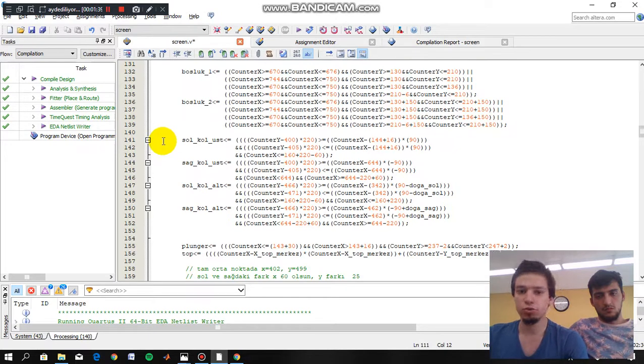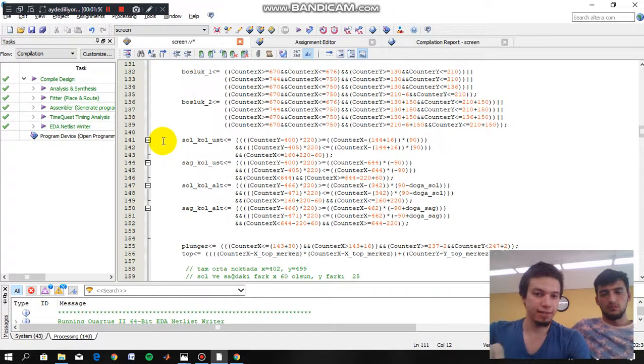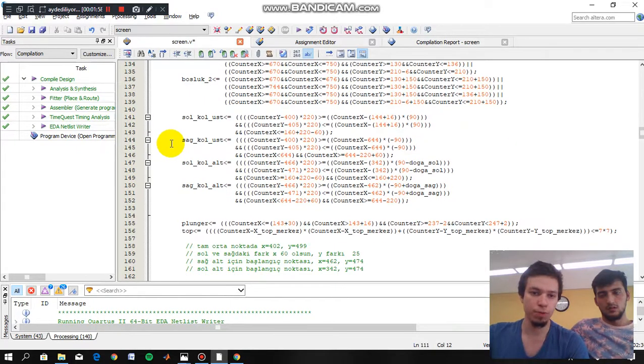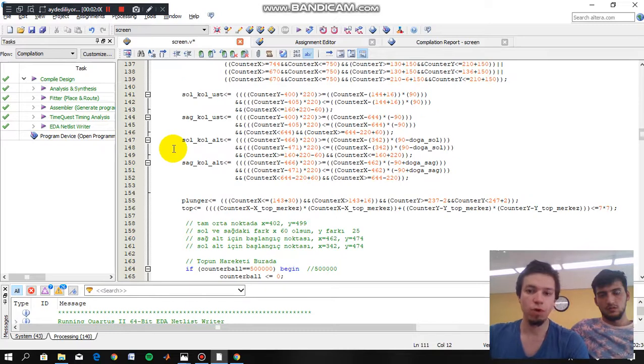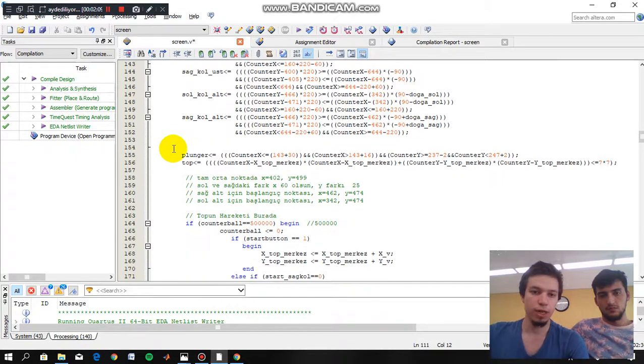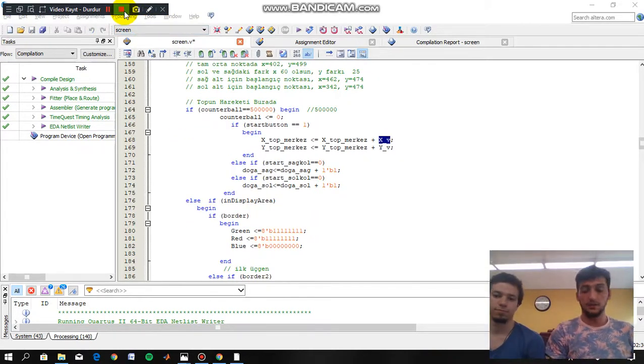We have managed to do them by creating two lines, and we painted the middle portion of these two lines, and we have created the arms of our pinball game. We have also created a plunger, again with the same rectangle type, and we have defined a top like we have defined a circle. After we designed the solid things on the screen,